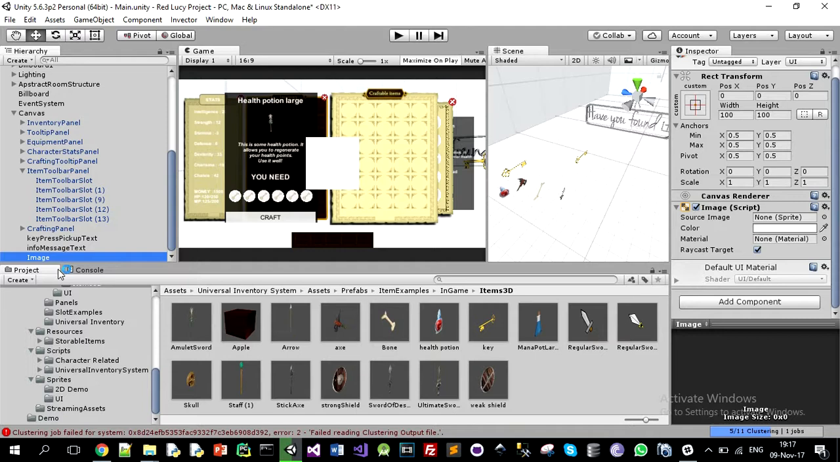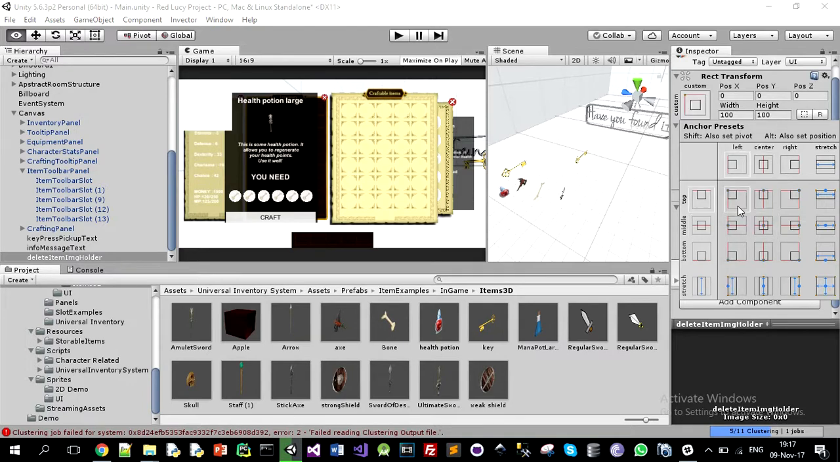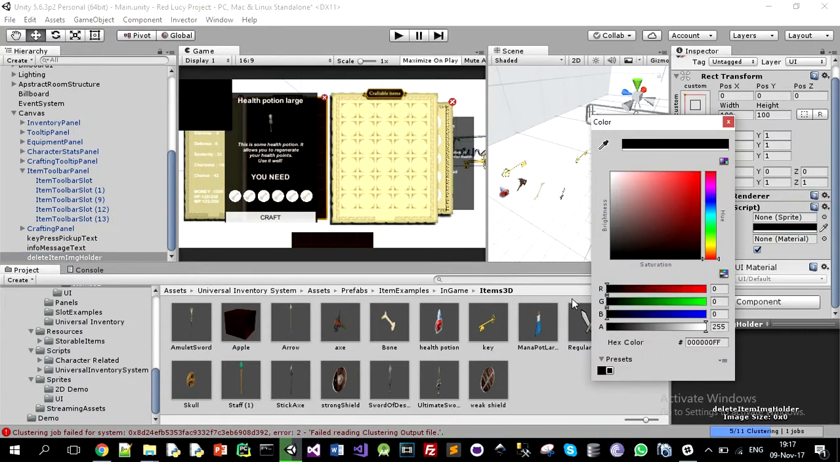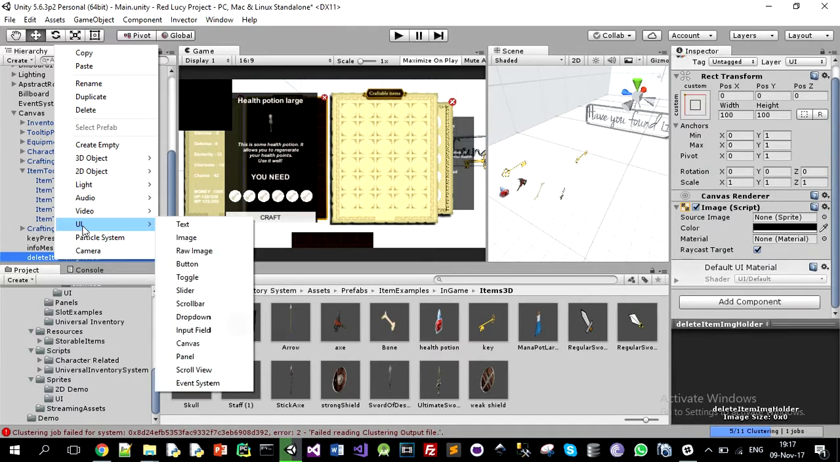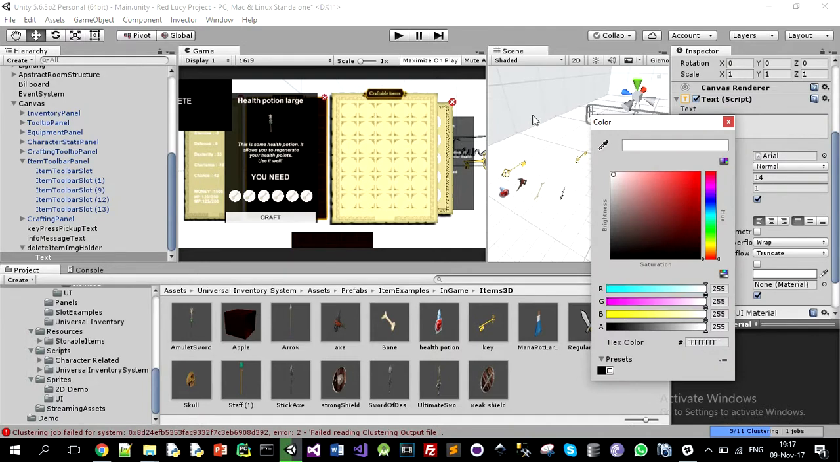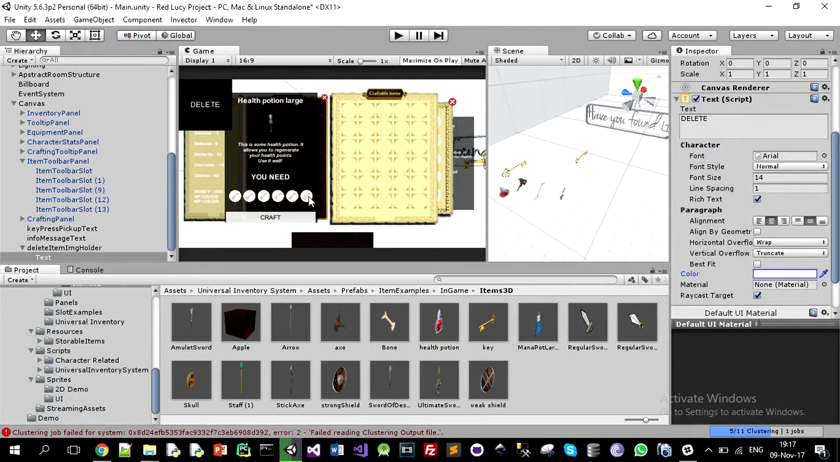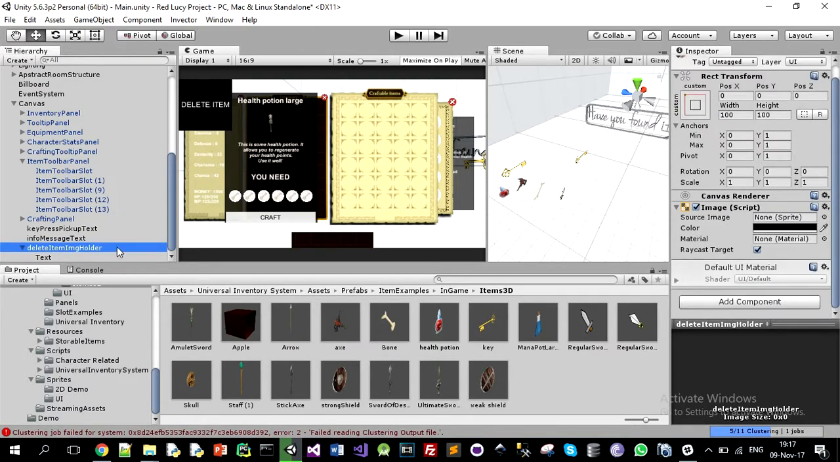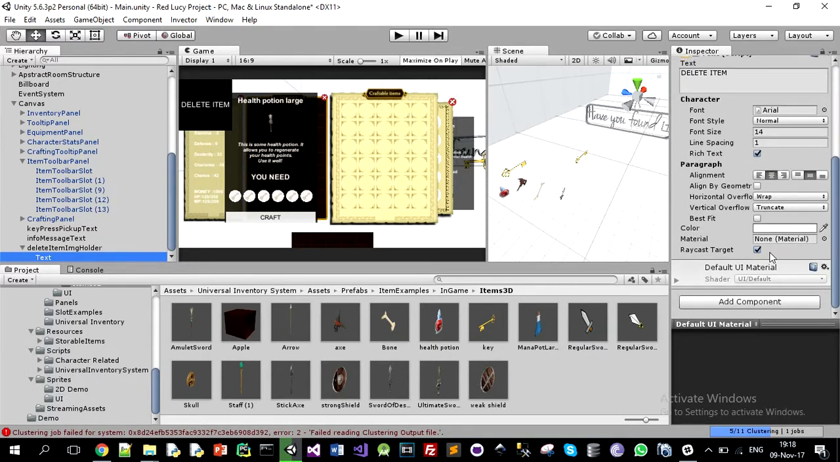We're going to call it delete item image holder. We're going to set it to the top left corner and change its color to black, and then just add some text, so that we know that it's meant for deleting an item, and make the text white, center it, uncheck raycast target so it doesn't raycast target,